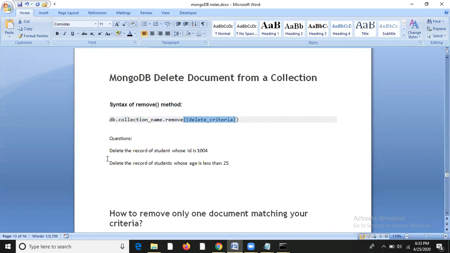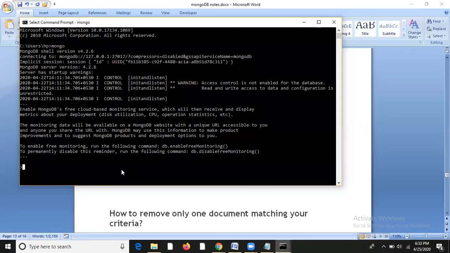There are two questions: delete the records of student whose id is 1004, and then delete the records of student whose age is less than 25. Before finding a solution for these questions, we'll first use our database college.